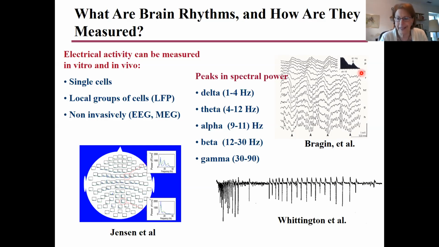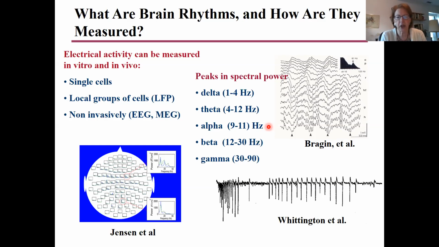So it's really good to look at the raw data and see that you're actually seeing something that looks like a rhythm. People have been looking at this for almost 100 years now, and when they first started, they started giving names to different bands. So each one of these names actually refers to a frequency, where the signal is found in the brain, and the behavioral circumstances. So the famous first one, the alpha, in humans, it's about 9 to 11 hertz, back of the skull, with eyes closed. We now understand that this is far, far too simple,